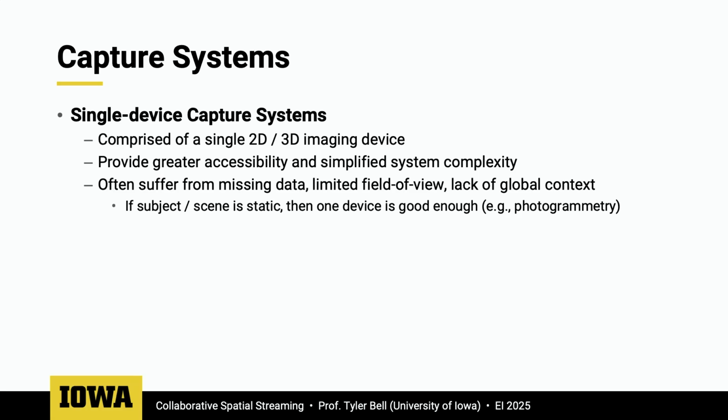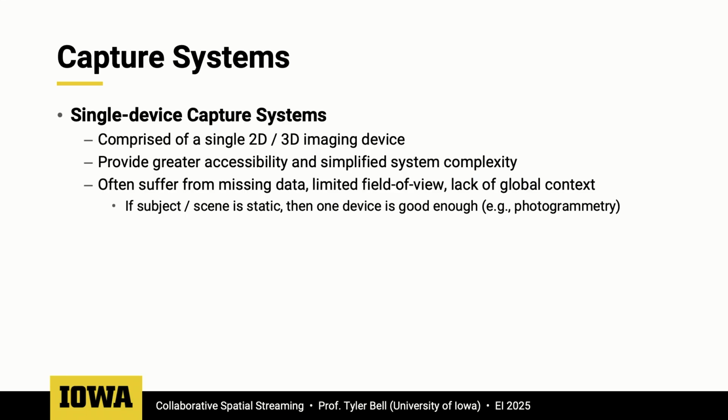So if we consider a general 3D capture system, I want to first consider single device capture systems. It could be anything like my phone or a standard RGBD camera. A single device capture system is of course comprised of a single imaging system. The benefit of this is that you have greater accessibility and simplified system complexity. However, these systems often suffer from missing data. If I look at you with my single capture system, I cannot guarantee that you have a back of your head. You probably do, but I can't see that with my imaging system. However, if you stay still, I can walk around you and begin to see your back,